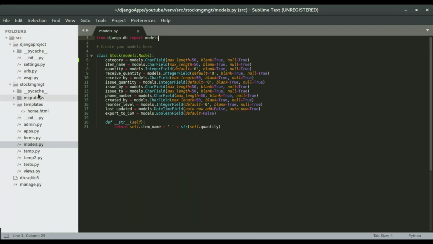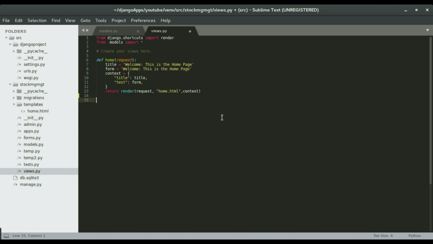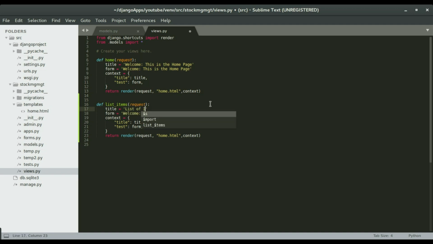So I'm going to Sublime, and then in views.py we're going to create a view which is very similar to the home view. I'm going to copy the home view and then change the name to list items. Okay, so the title, I'll call it list of items. Okay, I'm gonna remove the form. Okay, so we'll have a view very similar to the home. So this here will be